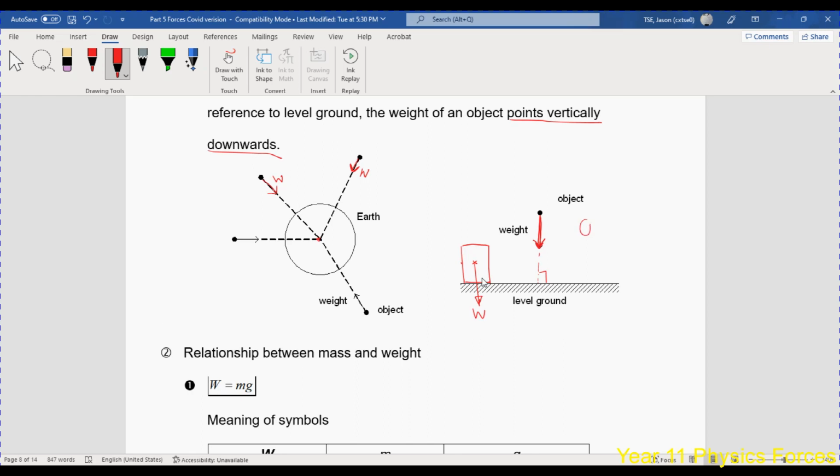So how about a human being? If we draw a human body here,